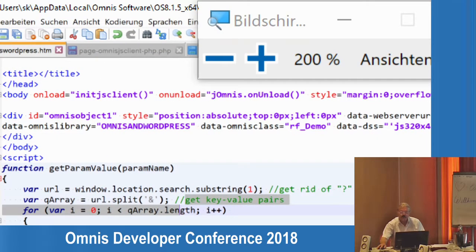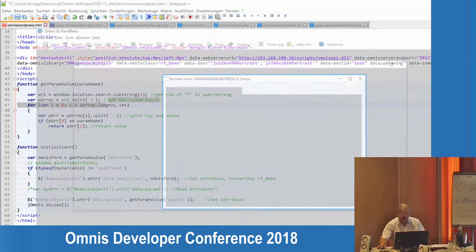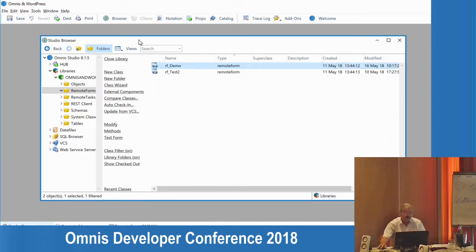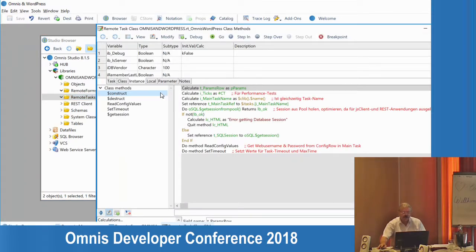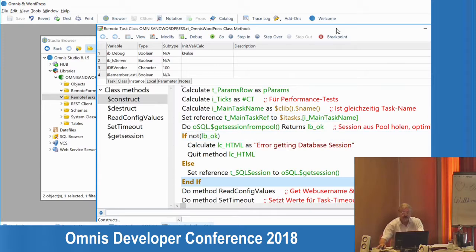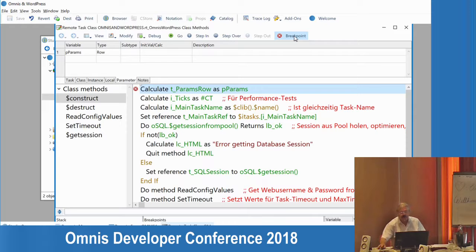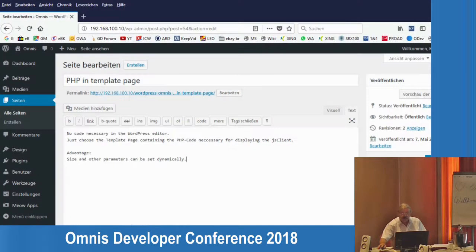And I switch off the magnification glasses when I go to my Omnis application and to the remote task. So this is this one. Okay, and in the construct method you have one parameter called p-params, and this will contain those variables. So when I set a breakpoint here and then go to